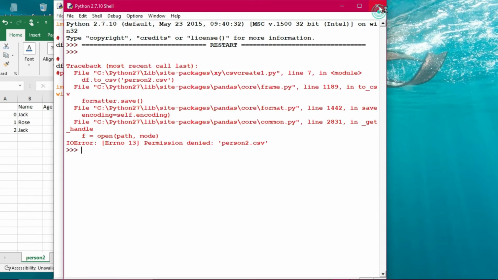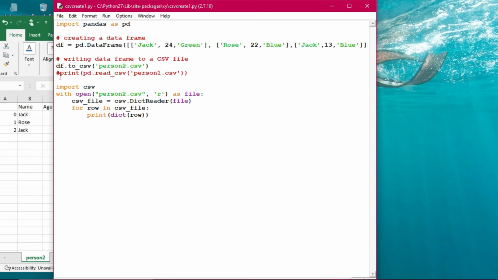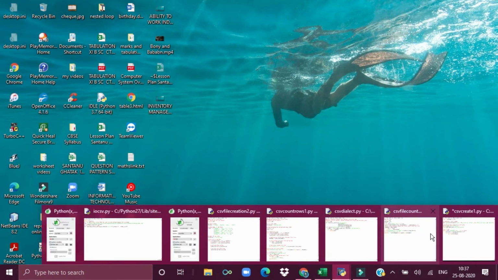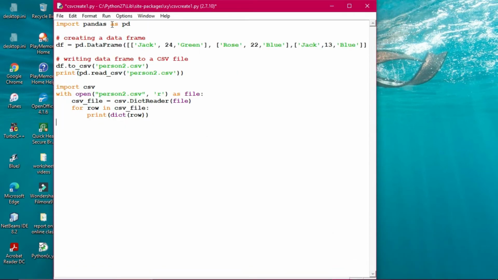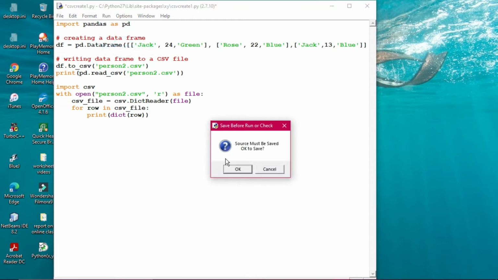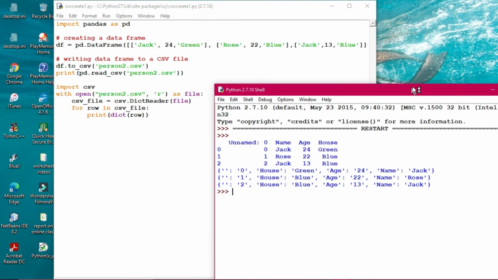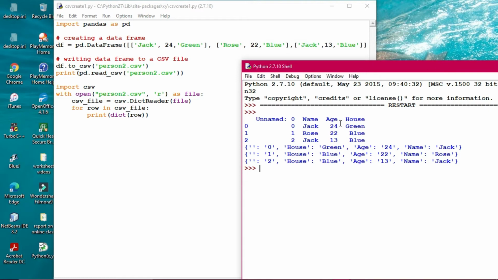Oh, this is giving an error. Just a minute. Okay, no need to worry. It was coming, but somehow it's giving trouble. Anyway, nothing will happen. So this is the dict reader file person2.csv. Maybe it was already created, that's why it is giving the error. Okay, now it has come. You can see out here, because that file was open, that is why it was coming like this. So with df2csv, if an error comes, no need to bother, just be cool and change it. You will find the difference definitely.